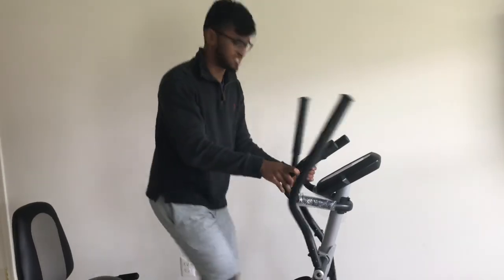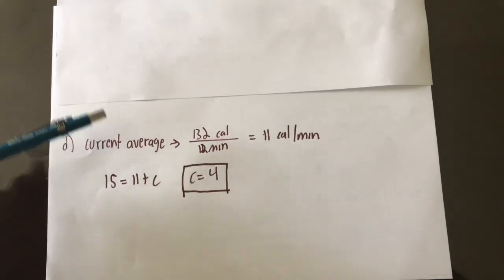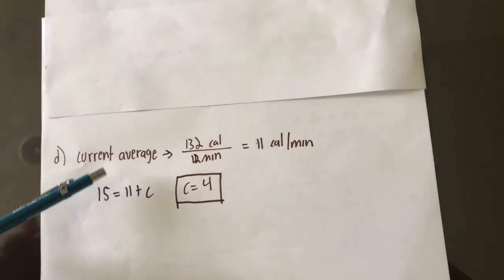Who changed the settings? The setting on the machine is now changed so that the person burns f of t plus c calories per minute. For the setting, find c so that an average of 15 calories per minute is burned during the time interval 6 to 18 minutes. The current average rate at which calories are burned on this exercise machine is 11 calories